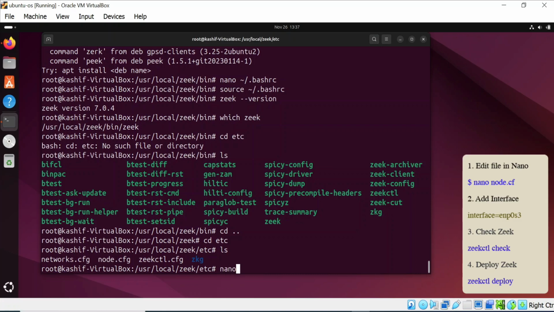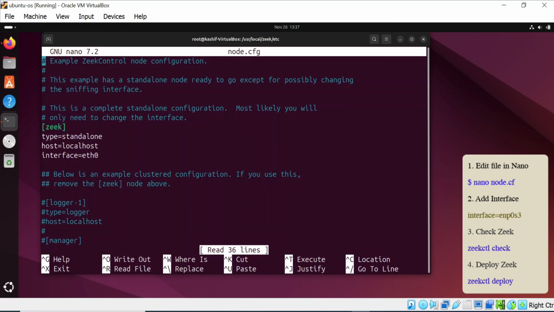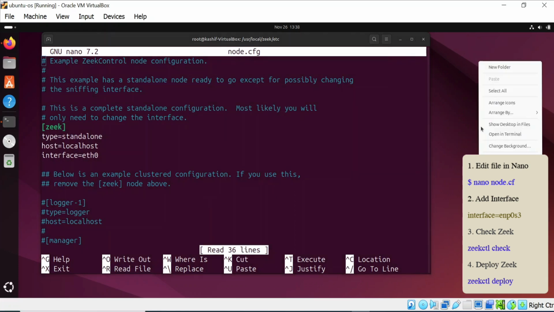Edit this file in Nano editor and add the interface address. You can check the interface address by using the ip show command.